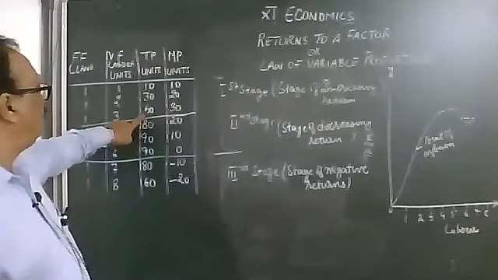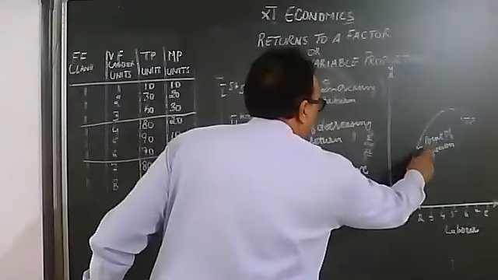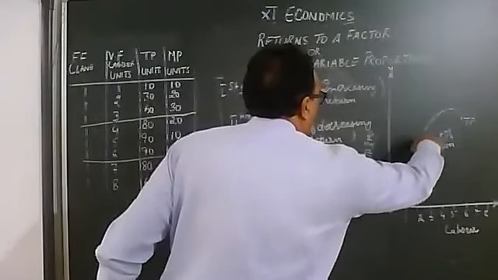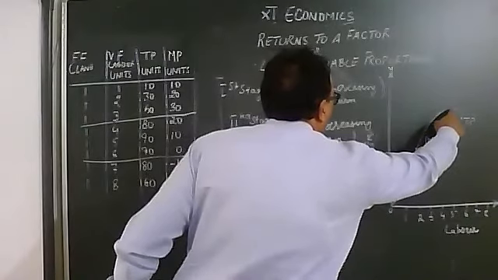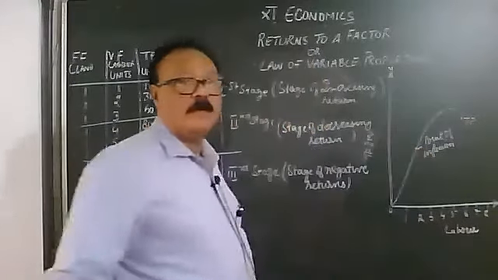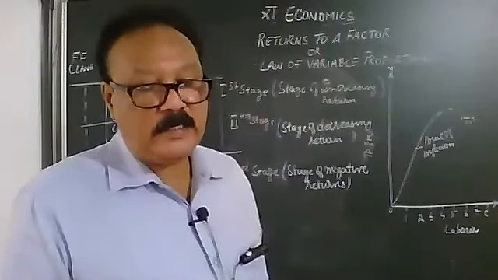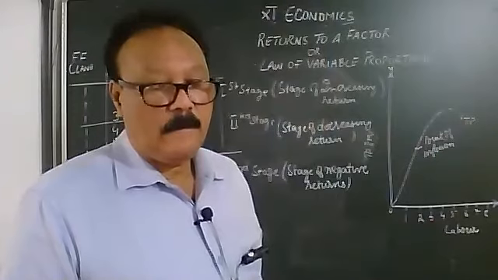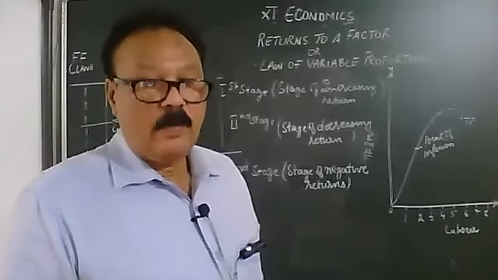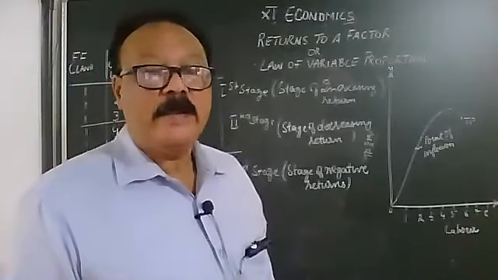So this is the point of inflection. First, second, third, very rapidly it increases. This part is at an increasing rate, then it increases at a decreasing rate, it reaches its maximum, and then TP starts declining. So this point from where TP increases, it is the point from where the slope of TP changes. Up to this point, TP has been increasing at an increasing rate. After that point, it starts increasing at a